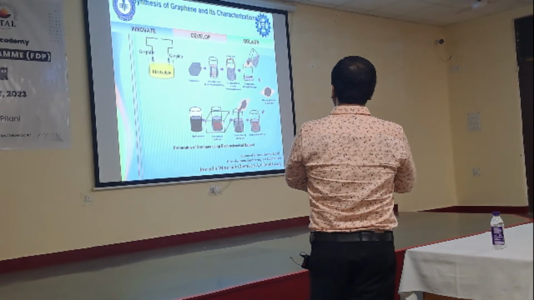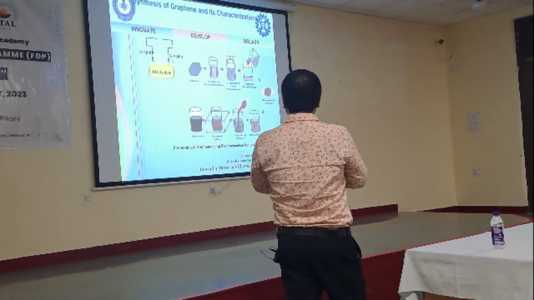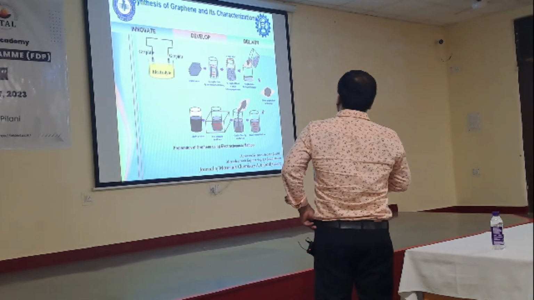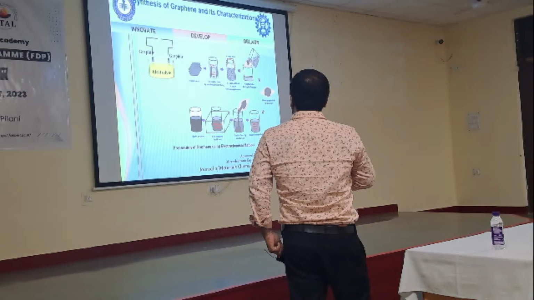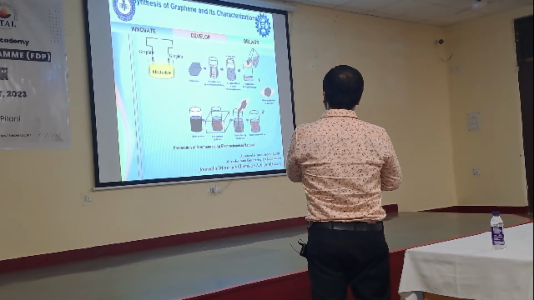This is actually graphene based devices. This is actually synthesis of graphene. This is all related to your material processing, how we have fabricated the preparation of graphene. This is actually a graphite electrode, a graphite sheet, which will be dipped into the solution, FeSO4 and DI water,